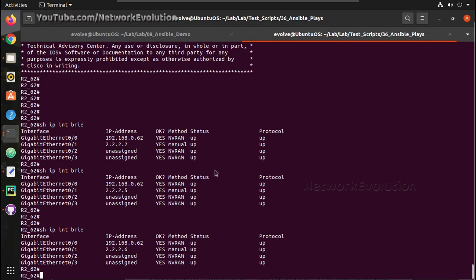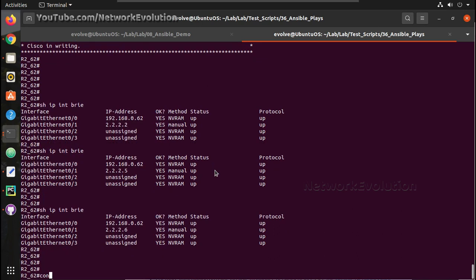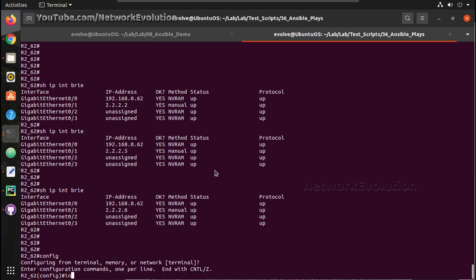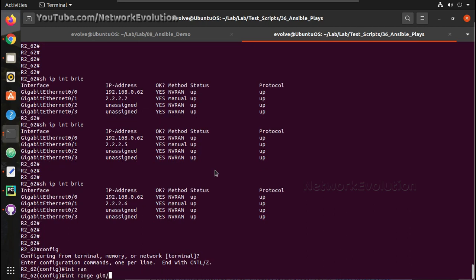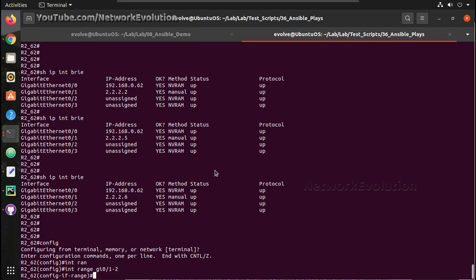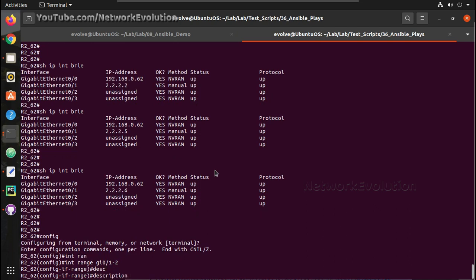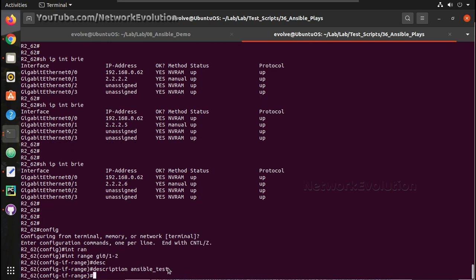Here one thing you need to notice is I have just added a description, because it won't delete the description. It is going to delete only the L3 parameters of the interface.